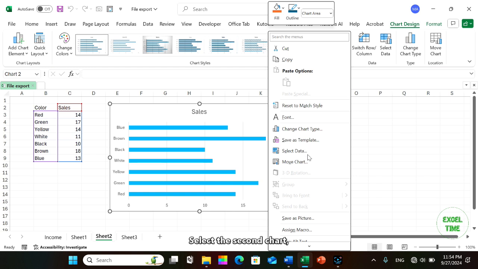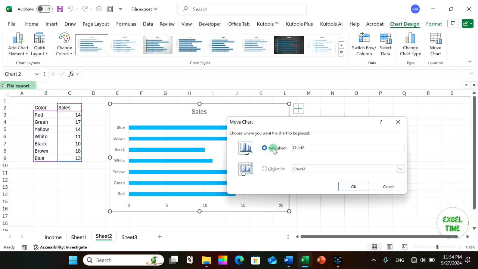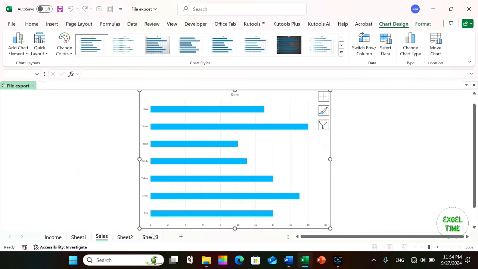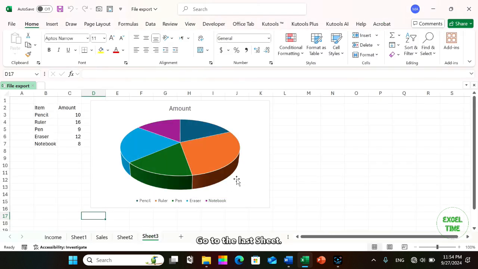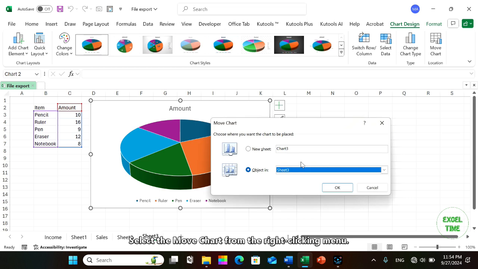Select the second chart, right click on the blank area and select Move Chart. Check the new sheet, rename the chart, click the OK button, go to the last sheet, right click on the blank area of the chart, select the Move Chart from the right clicking menu, check the New Sheet option and rename the chart. Click the OK button,